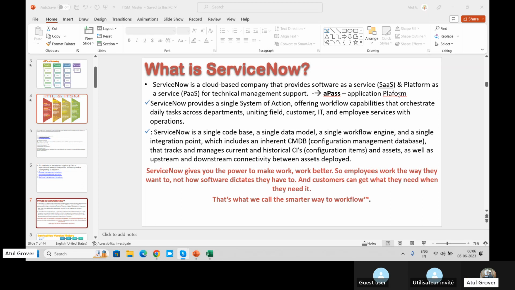Now the question can be, let me give you an example. One of my customers where I was working deals in the stock exchange. They have a requirement that they want to implement ServiceNow, but they cannot move their data outside India. They are based in India only.